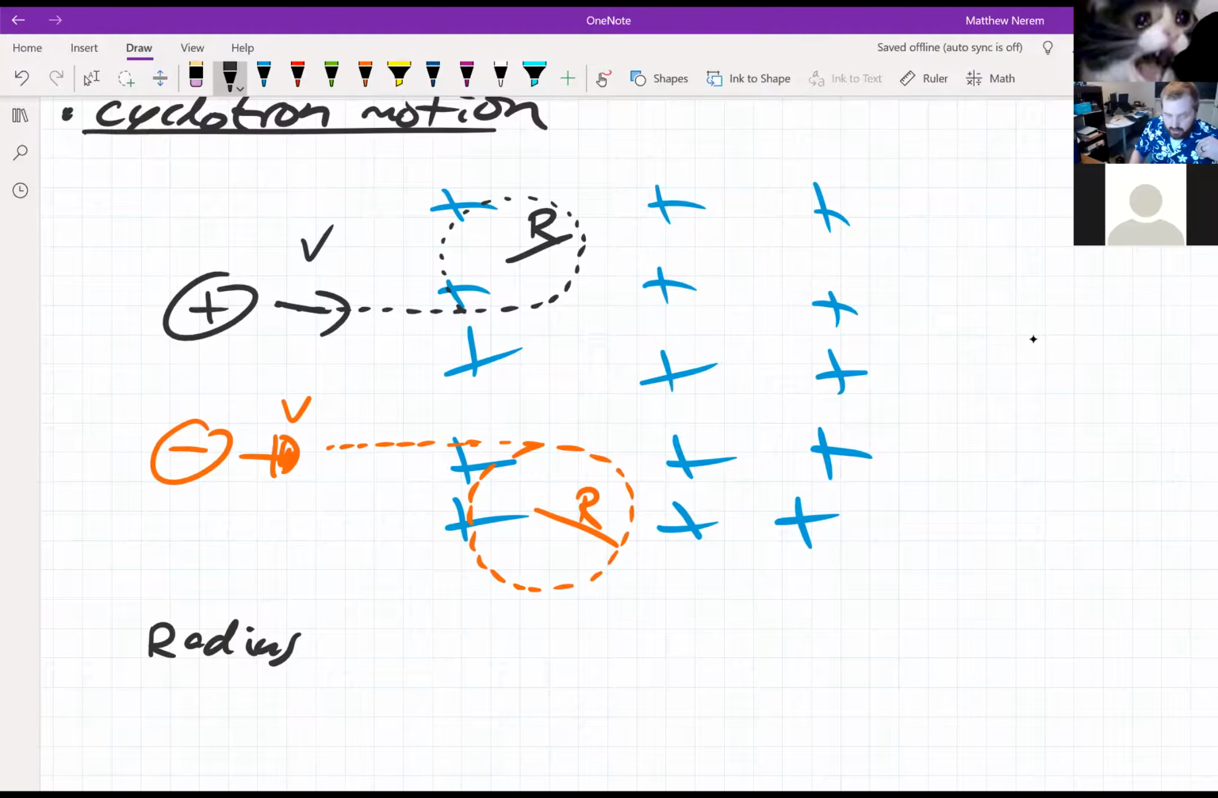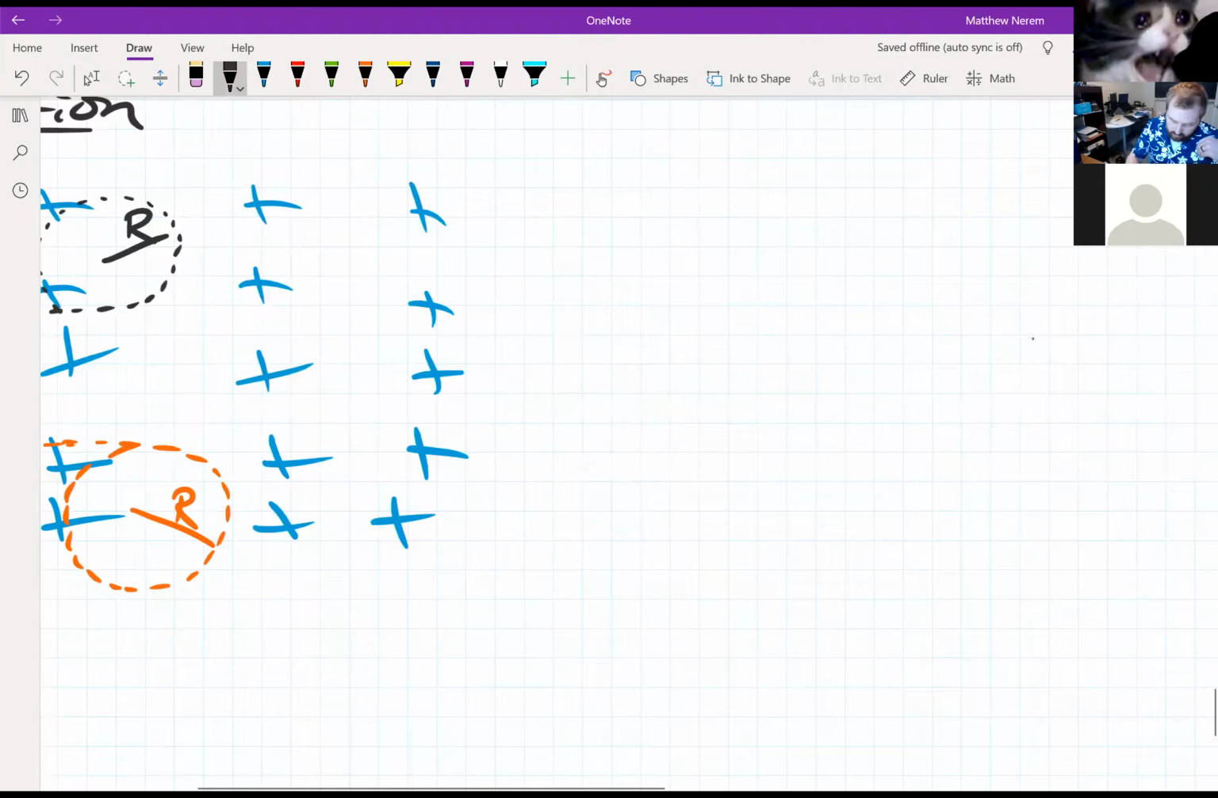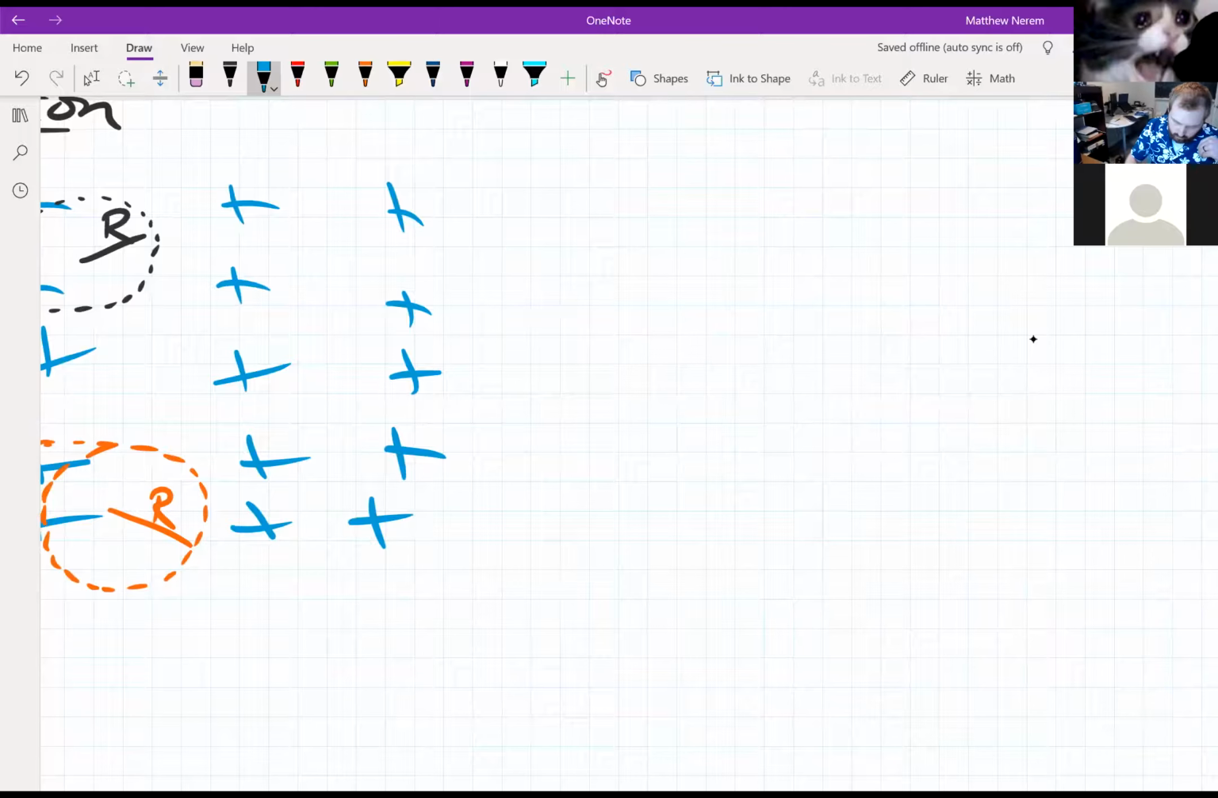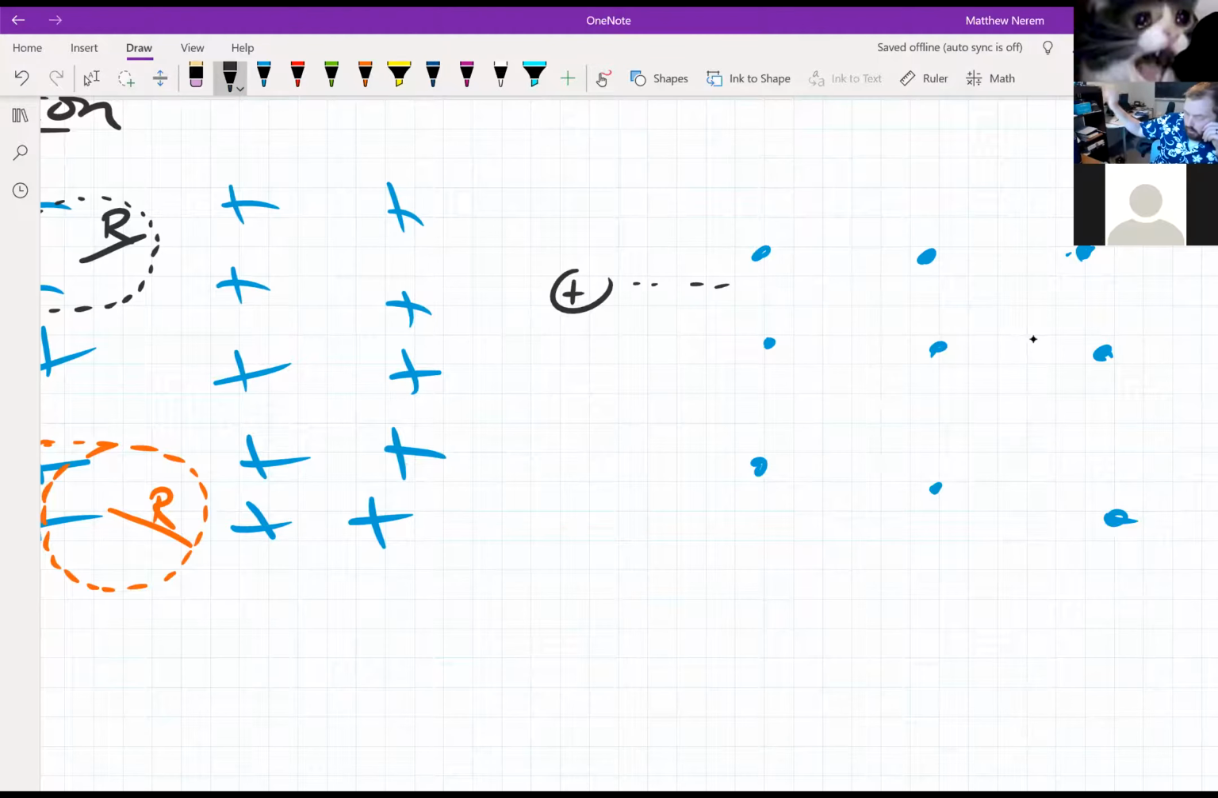For a field pointing into the page, if I do this, if I have magnetic field coming out, then what will my proton do? My proton will come in, right? Velocity, magnetic field up. All right. So then it would curve downwards,